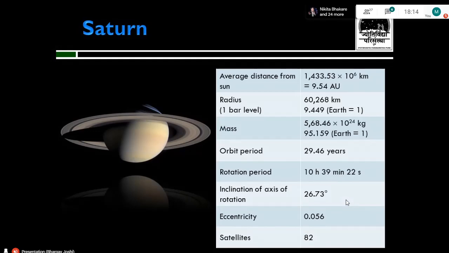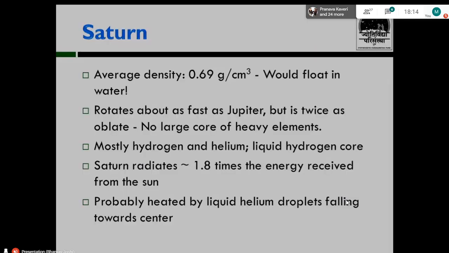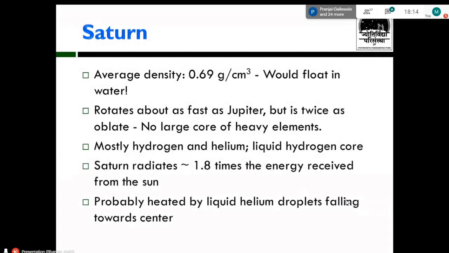In spite of being so large in size, they are completely gaseous. It does not have a true, solid surface. One of the most interesting parameters of Saturn is its density. Saturn is so much less dense that if you take a big enough ocean that could support Saturn, Saturn would actually float on the surface of water. Its density is so much less than water that Saturn actually floats.